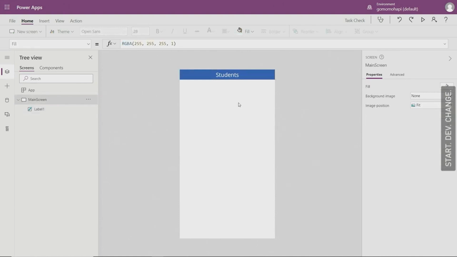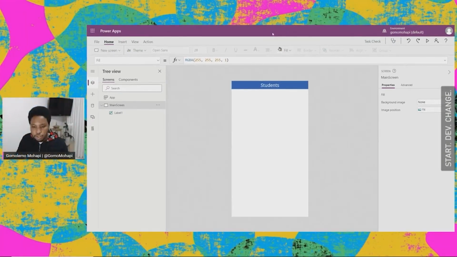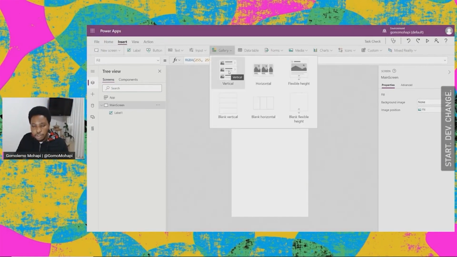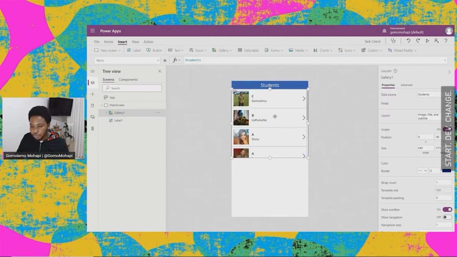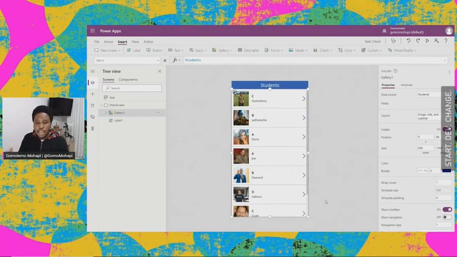So how do we take the data from Excel and display it in our Power App, right? We're going to go to Insert here on top, and we'll be inserting a gallery, right? In Power Apps, a gallery is just a really cool way of displaying data for your users, right? The first thing it's going to ask us is, what data source is going to be powering this gallery, right? And we're going to be using Students, right? Since we've added that data source